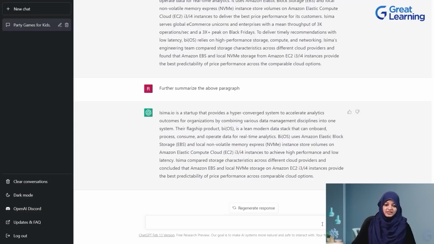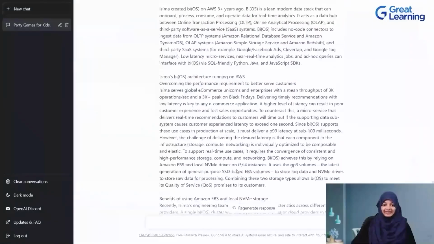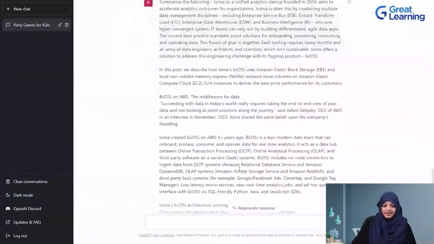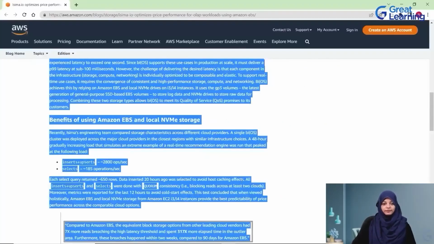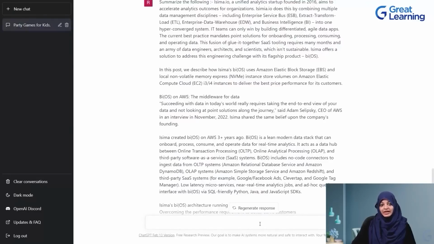Suppose in my research, I want to point out that isima.io is something that I am not going to use for a particular set of reasons. Now, how do I actually summarize this here in a negative voice? So it's very simple. What I'll do is go back to my paragraph or go back to the source of the blog, copy this blog again, and paste the blog here. However,